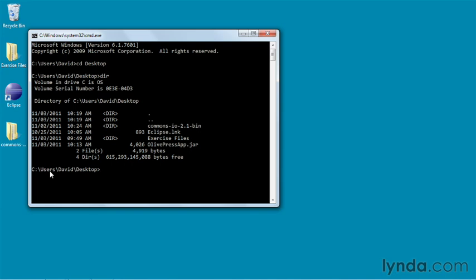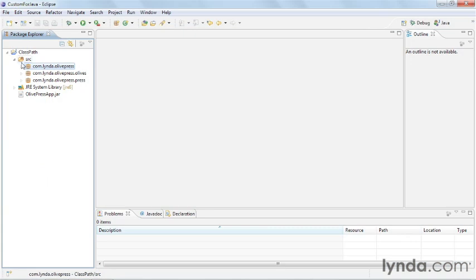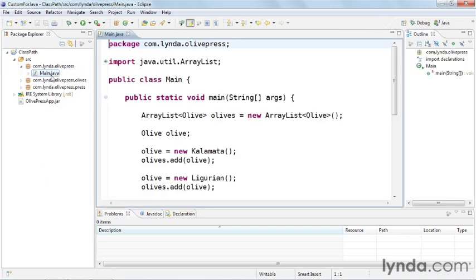Now, to run the application, you need to know the complete path of the main class. I'll go back to Eclipse briefly and show you within main.java that the package is com.lynda.olivepress and the class is main. In order to run the class from the command line, you need to know both of those bits of information. You'll put the package and the class name together, separated with a dot,